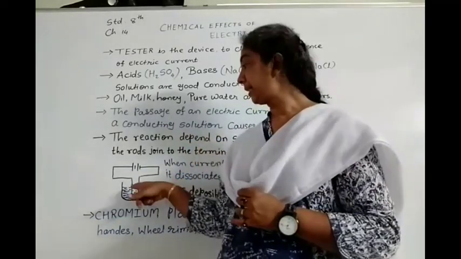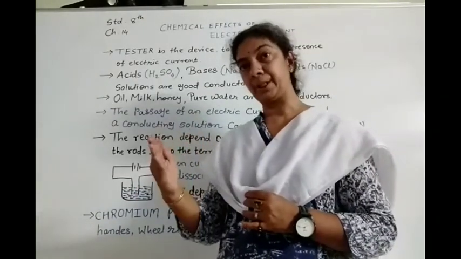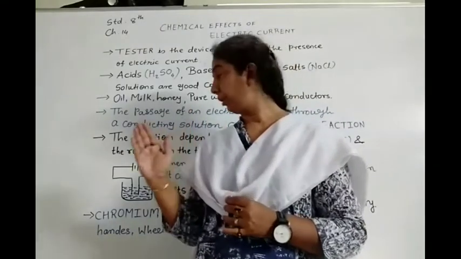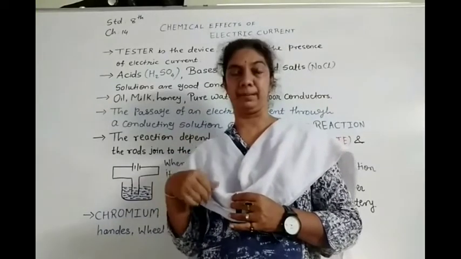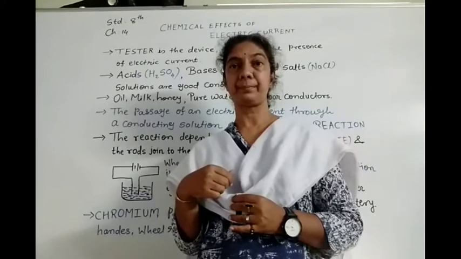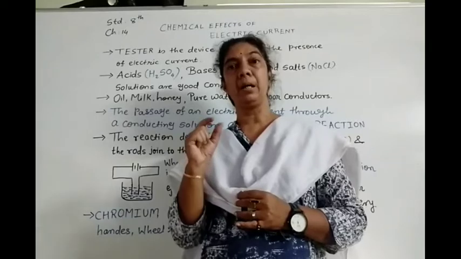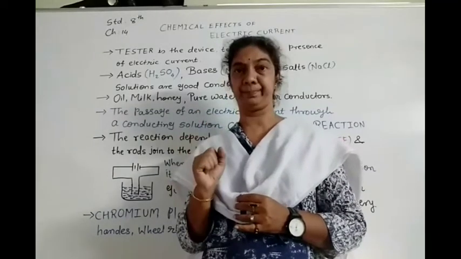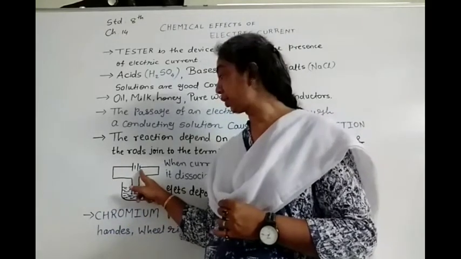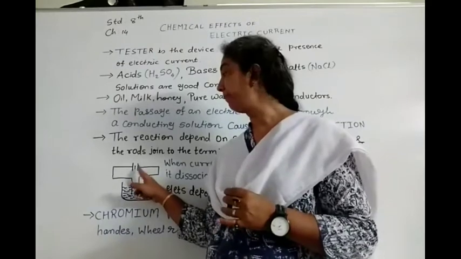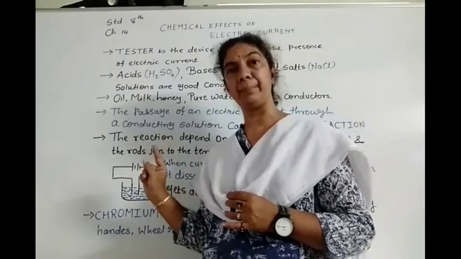Now suppose instead of these 2 copper plates, as the copper is deposited on the negative terminal, if I am keeping any other metal on this negative terminal, what will happen? Say I am having an iron spoon, or a small rod of iron. Connect that to the negative. See, the small line over here is showing the negative terminal symbolically, and the bigger line is showing the positive terminal. Please try to remember this.